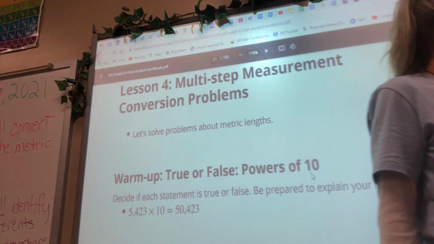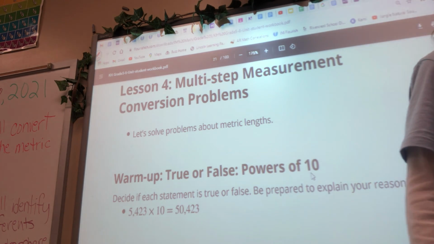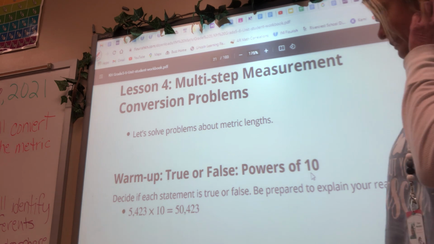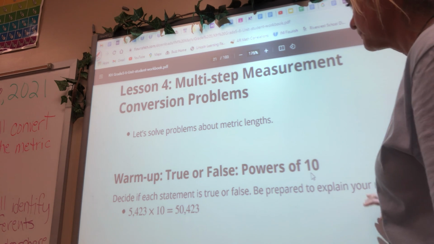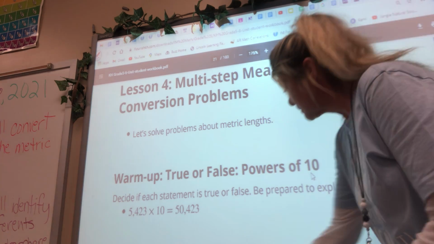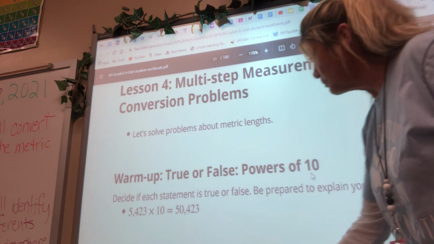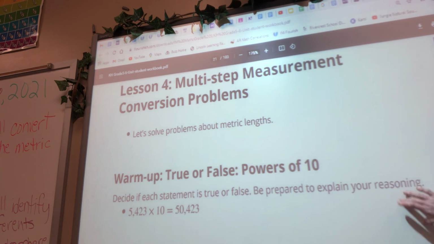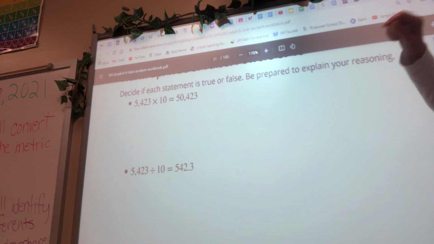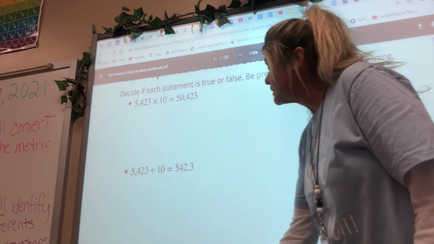We are still working with the metric system, and you should be on page 159. 159, we're on lesson 4. Now, we know in the metric system that everything is based on multiples of 10 or powers of 10. So, just for a warm-up, let's decide if each statement is true or false. All right, it says